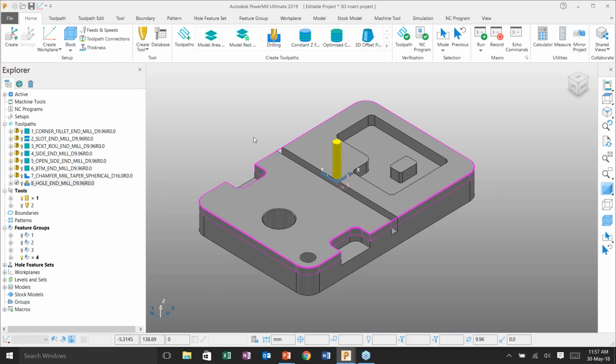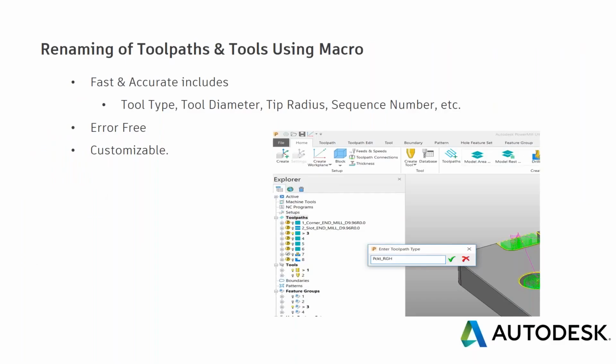So let's move into our slide again. If you would like to receive this macro, as I said earlier, contact your local application